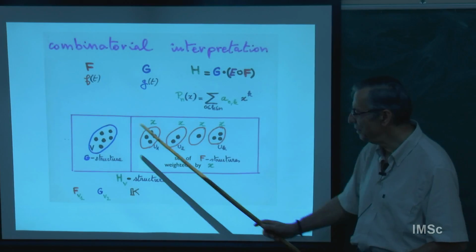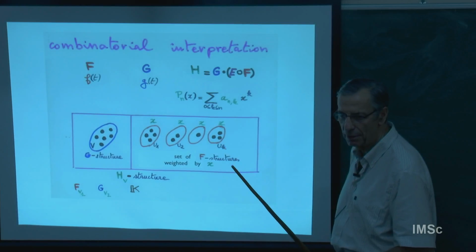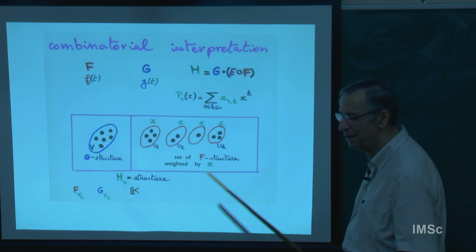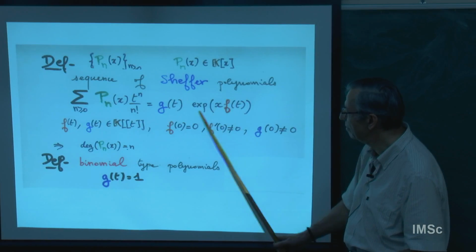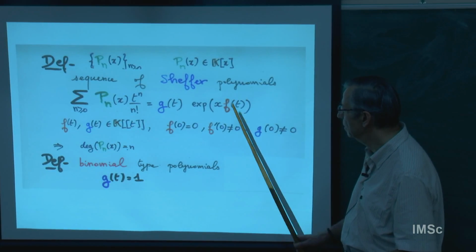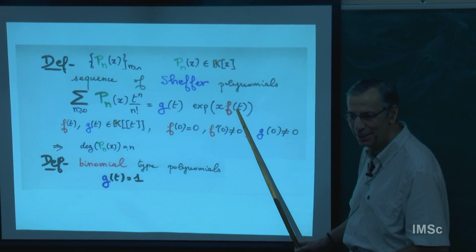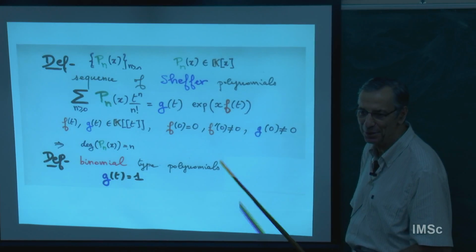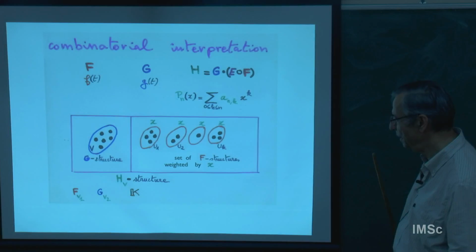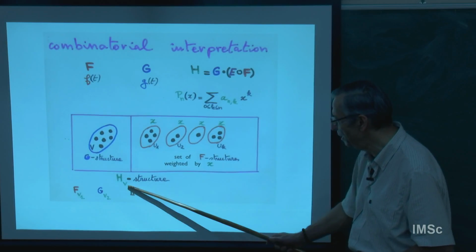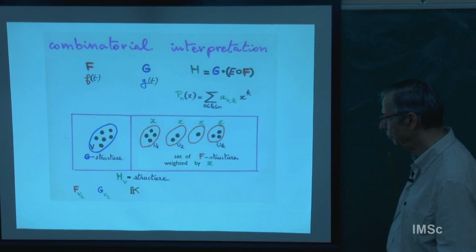So you can easily see, when you have this product of the assembly of the red, that such polynomial is the same as this definition. The X is going to be the weight of each block of the assembly of F structure. So this is the interpretation of Sheffer polynomial. This is an H structure with a weight V. The weight is X power the number of blocks.